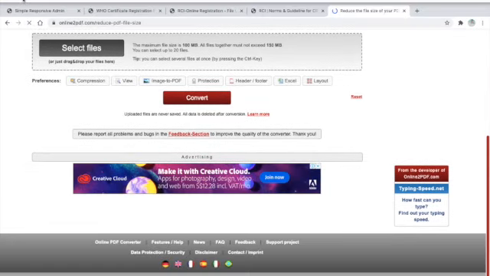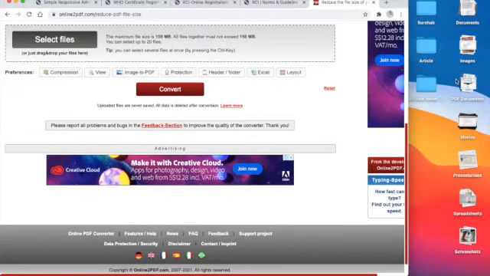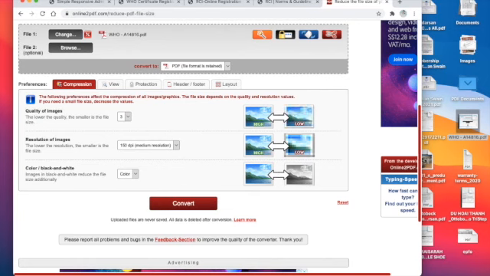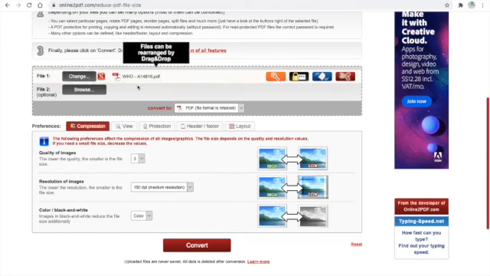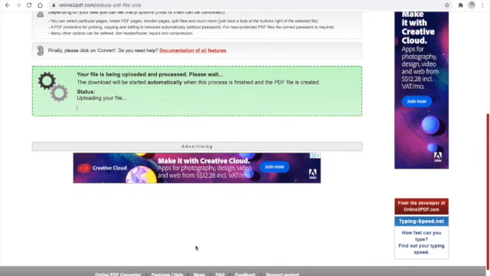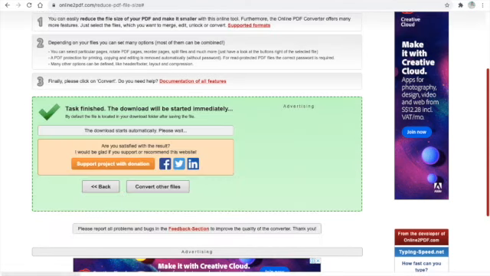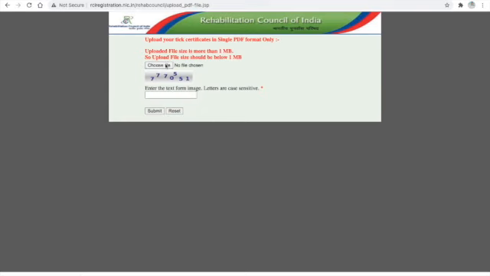Then I'll drag and drop the file here. Then the file will be converted to below 1 MB. Now it's already downloaded, which is below 1 MB. Now I can go again to choose file.